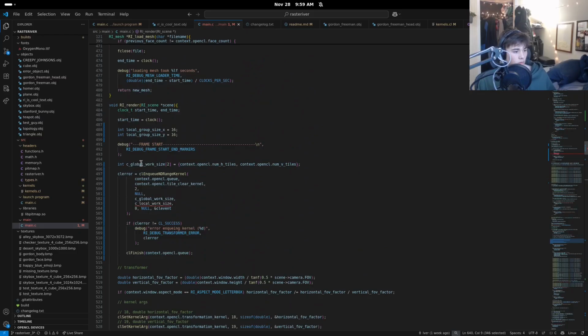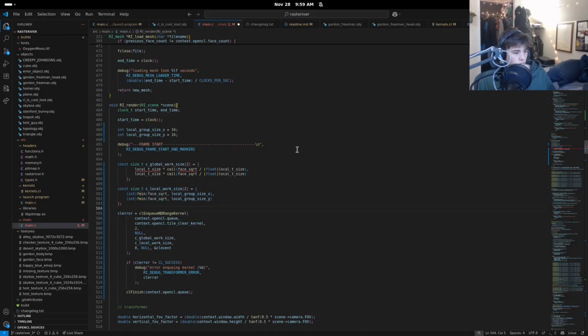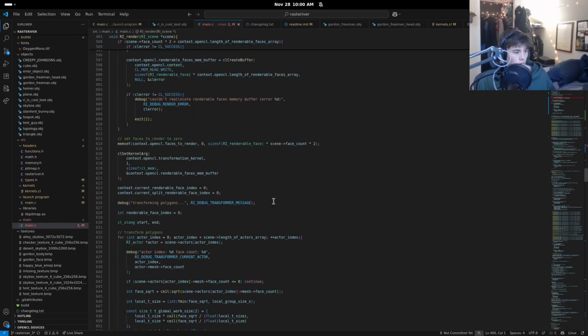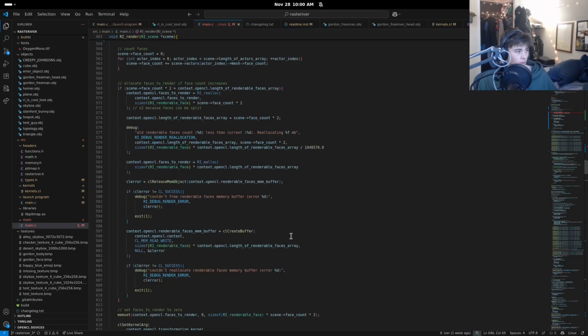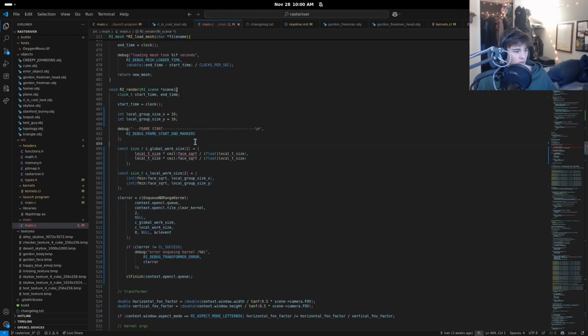It has to be a multiple of the local size. Local T size. What is that? Local transform size, which is f-min square root. Oh, okay. So if the number of tiles is less than, it's like 16, less than the local group size, then it's just